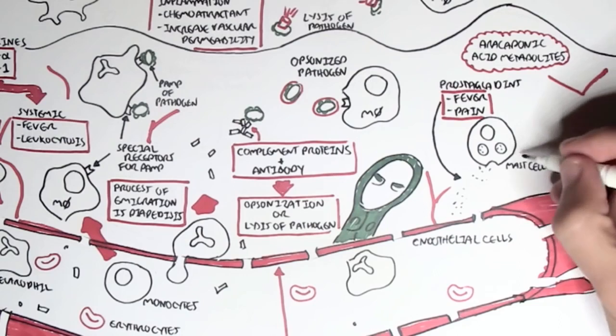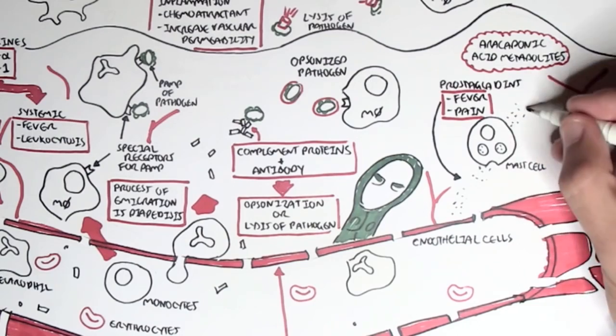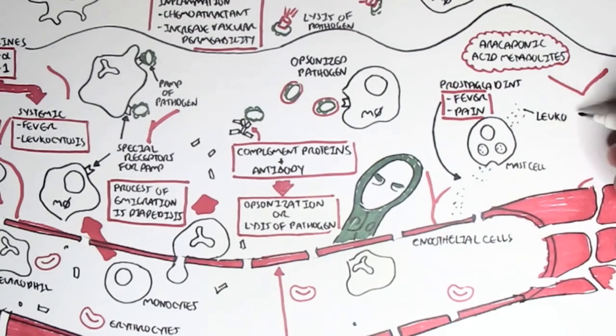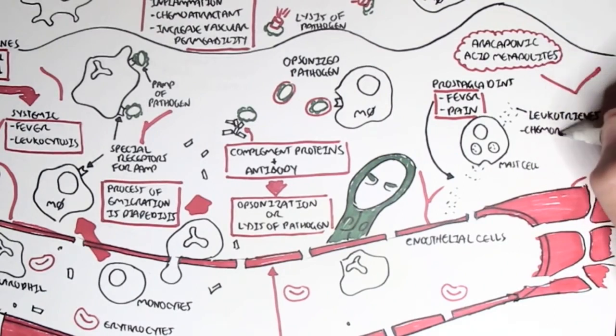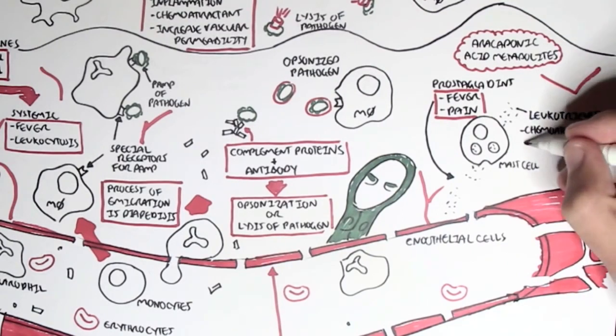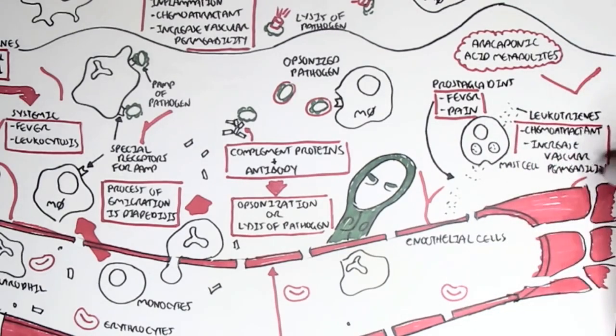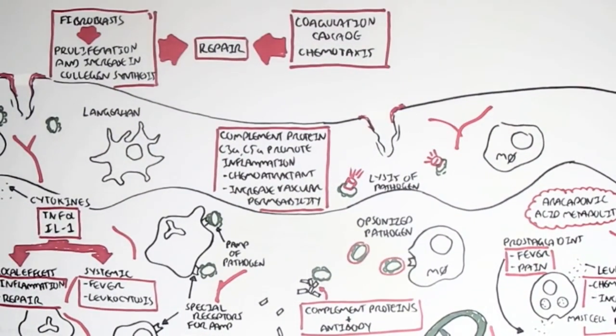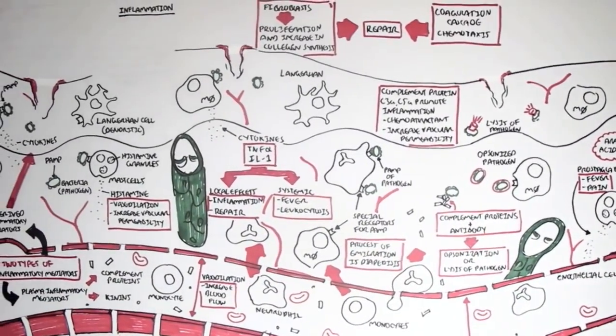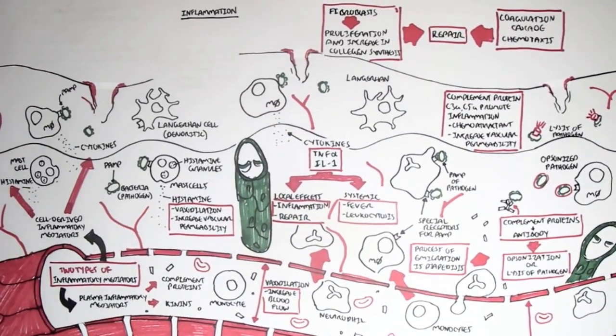Mast cells, again, as well as other types of cells, such as basophils, can secrete also leukotrienes, and these are also arachidonic acid metabolites. They work as a chemoattractant and also increase vascular permeability, and therefore they promote inflammation. So these arachidonic metabolites, the leukotrienes and prostaglandins, are cell-derived inflammatory mediators. So essentially, from this whole map, all these inflammatory mediators, the histamine, cytokines, complement proteins, etc., they cause